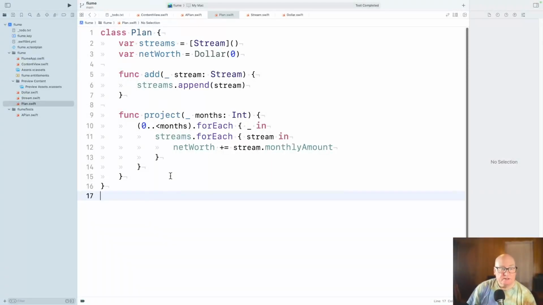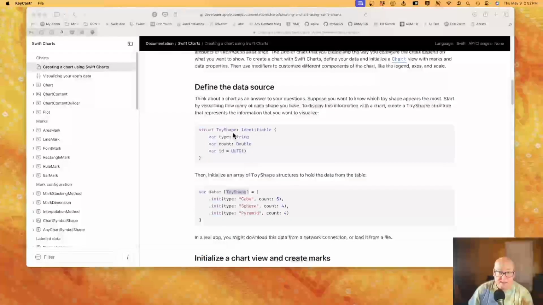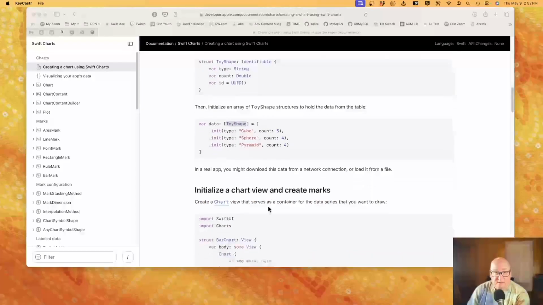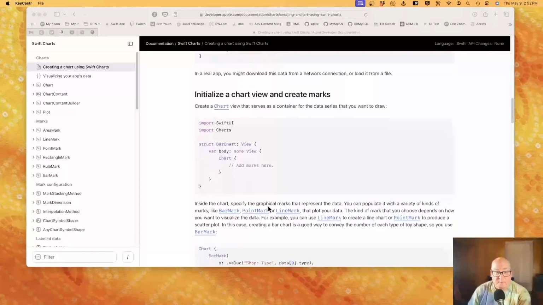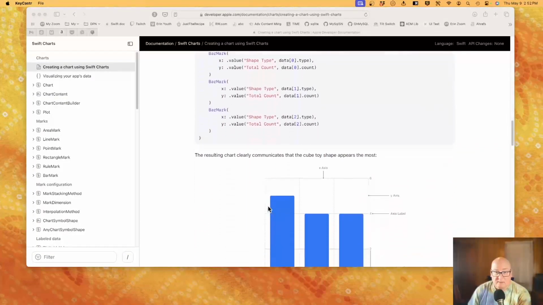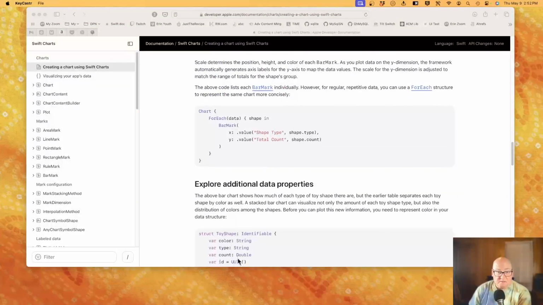Okay. Project is going to somehow, I don't want it to just produce one monthly amount. I want to produce a list of these things that somehow looks like my data. Create identifiable string. And then I want to make marks for each data.